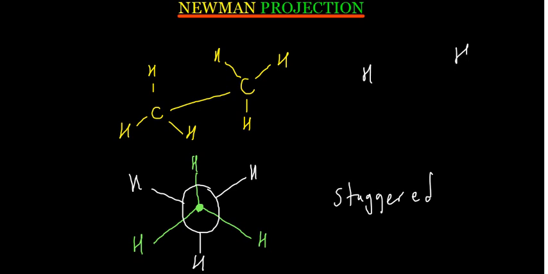You have one hydrogen on top, another hydrogen. So these are nearer each other, thinking about that repulsion. But if you compare this, there is more space here for that repulsion. So that is why the staggered configuration is much more stable in comparison